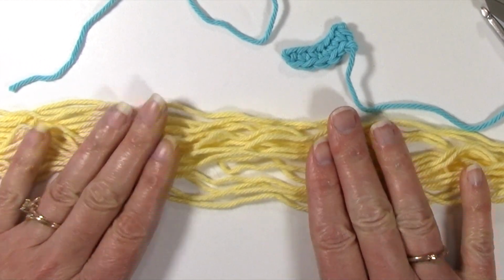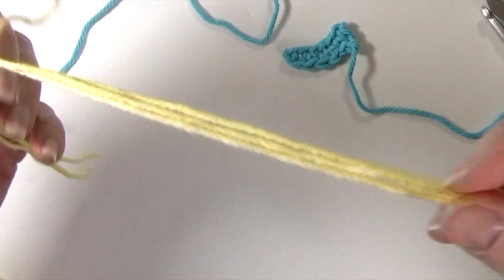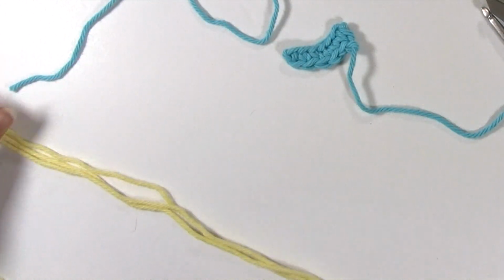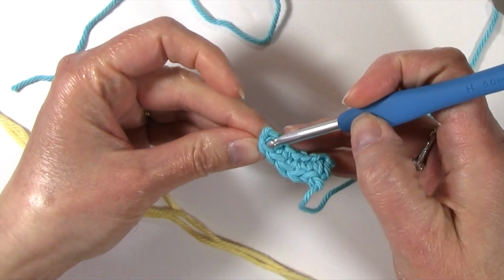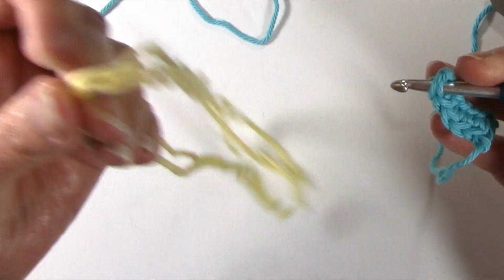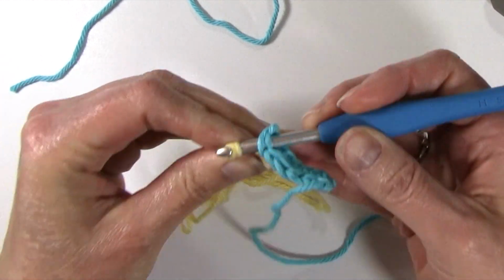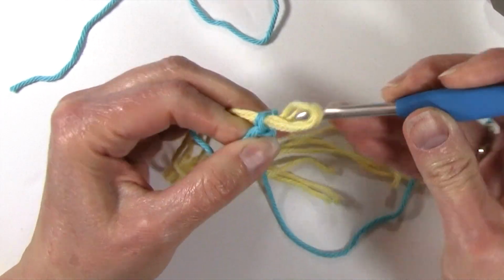Once you have your 18 pieces, you're going to take 3 strands of that yarn, and you want to make sure that the ends are even with each other. And we're going to add these as fringe onto that base. So I'm going to take my crochet hook and I'm going to insert it in that first stitch. I'm going to fold those long lengths of yarn in half and grab it in about the middle, so right at that fold, and then pull those strands through,